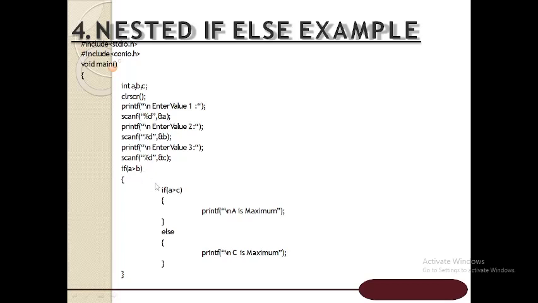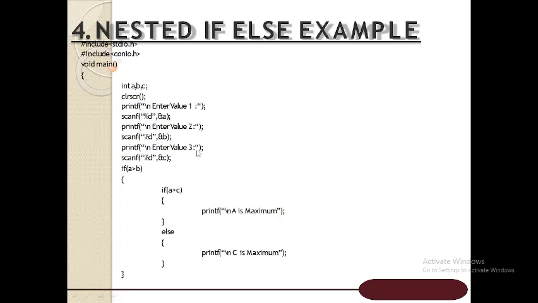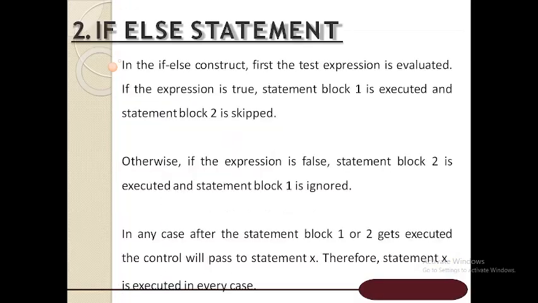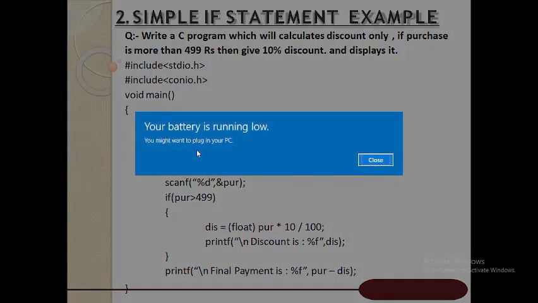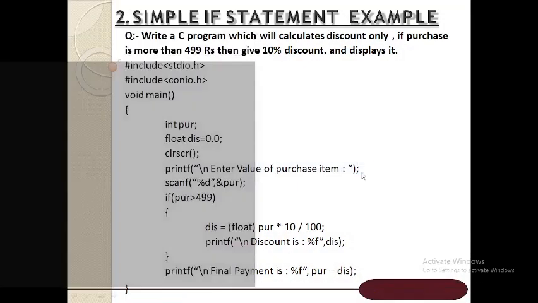Okay students, so this is an example of nested if. Now in the else part, I am checking with B. If B is greater than C, then B is maximum. Otherwise, C is maximum. So students, this is known as nested if. So in this class we have learned else if ladder and nested if condition. These are 4 types of if. If is very important. You go through both the lectures, both the classes, and perform it practically by yourself. Okay students, if you have any question